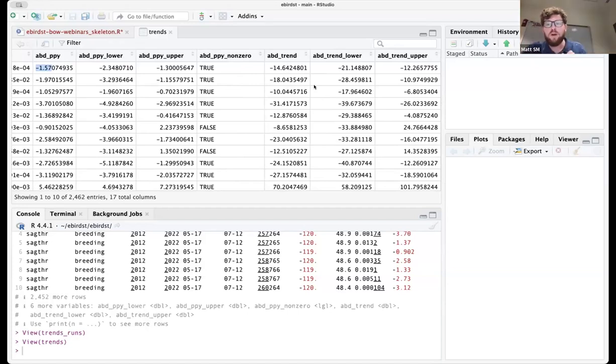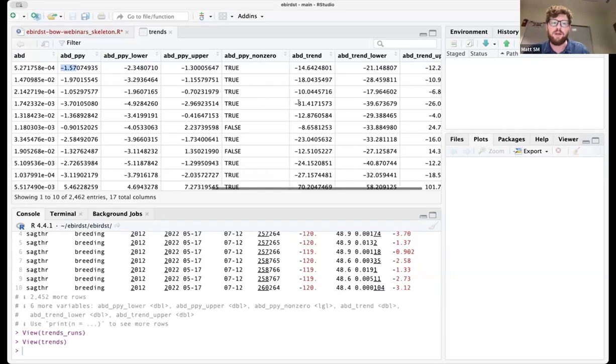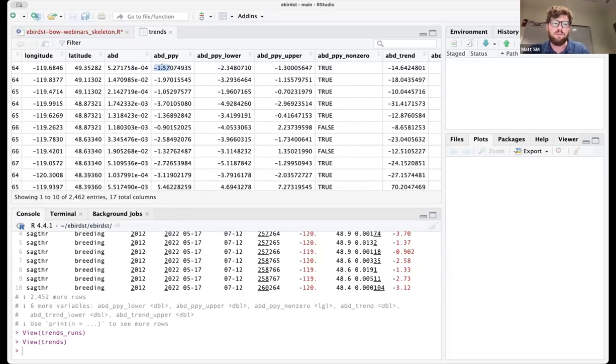And when you look at the Status and Trends website, you look at the interactive maps with the blue and the red dots, what's expressed there is actually this value. It's the cumulative trend, not the percent per year trend. But the models fundamentally calculate percent per year trend, and then we just convert it to cumulative. So here you have both.